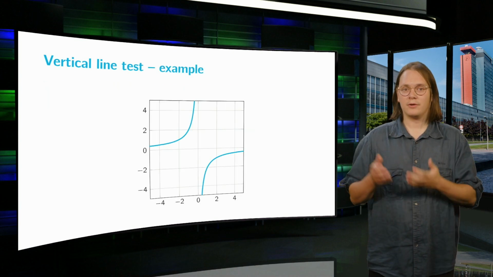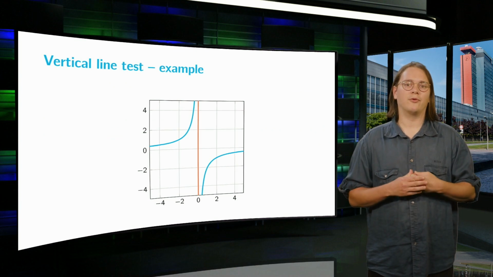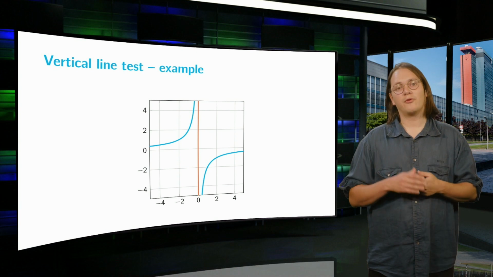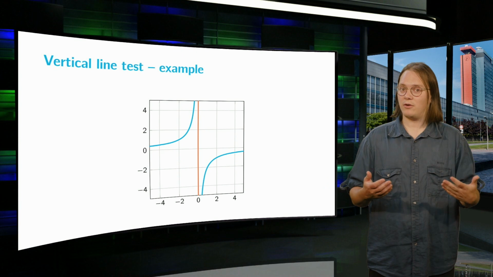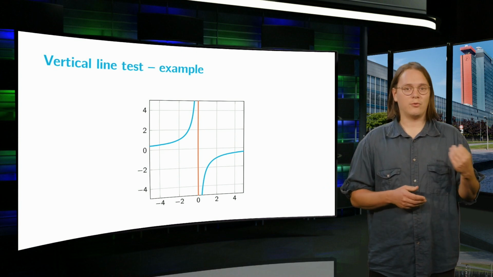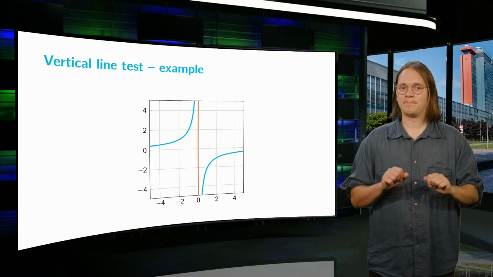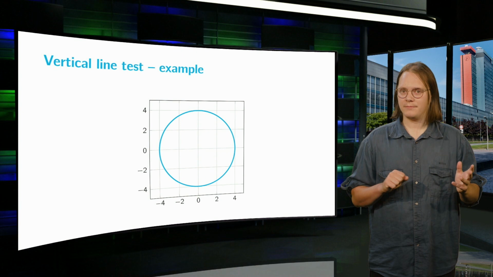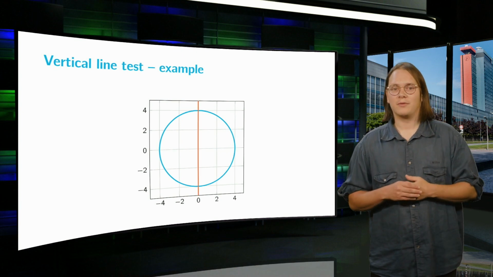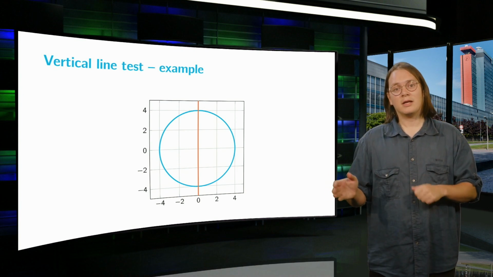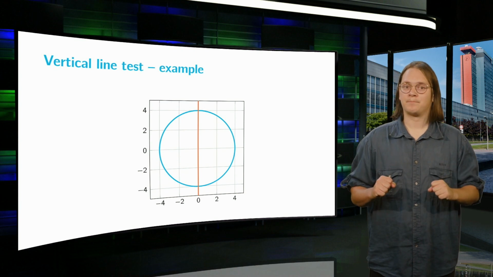Consider, for example, the curve shown on the slide. This curve is not a graph of a function on the domain ranging from x equal to minus 1 to x equal to 1, since the vertical line at x equal to 0 does not intersect the curve at all. If we leave the value x equal to 0 out of the domain, it is the graph of a function on that domain. How about this curve? This is also not the graph of any function on the domain D ranging from x equals -1 to x equals 1, since the vertical line at x equals 0 crosses the curve in more than one point.